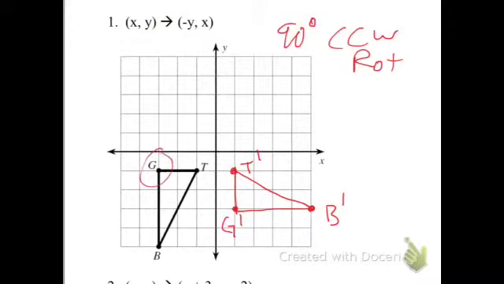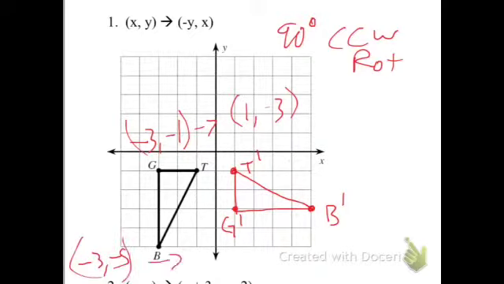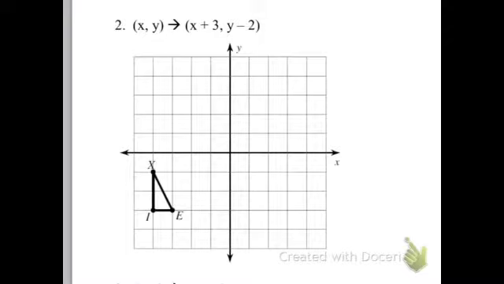If you want to take it point by point, G was at -3, -1. Now he's at 1, -3. B was at -3, -5. Now he's going to be at 5, -3. So that's how we got those new ones. Just following the function. This one is a translation,